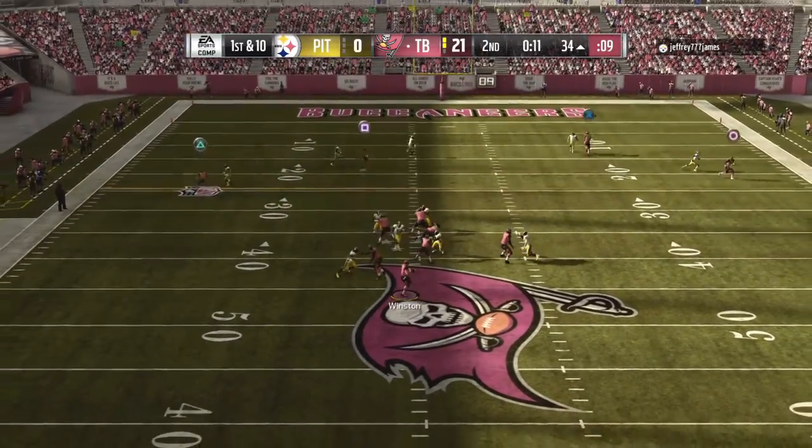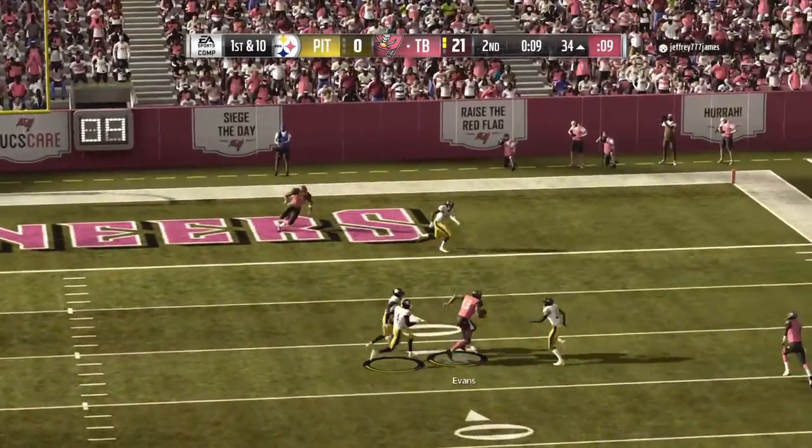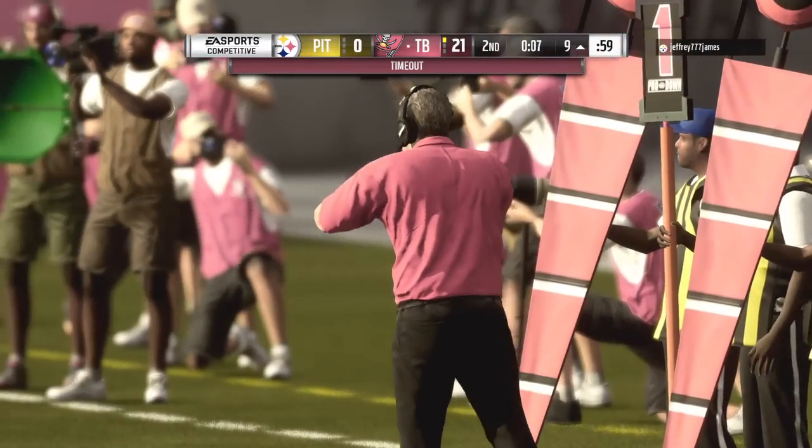Winston now to throw on 1st down. Oh, he's got a man wide open, complete. Now a